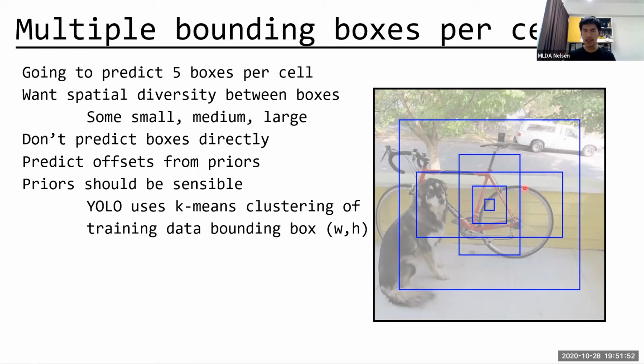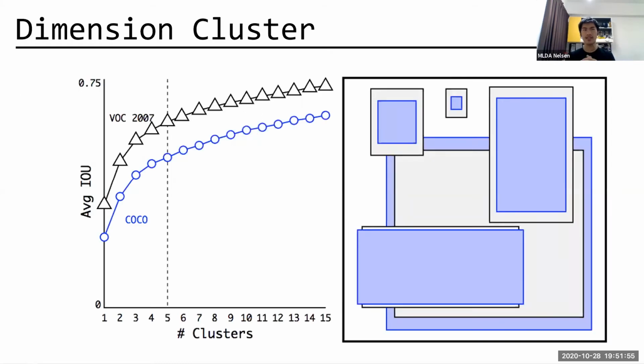And actually, this is what is called dimension cluster. In the paper, they apply this k-means clustering to all the images in the Pascal VOC dataset. They apply it one by one, and they can see which of them fit the whole dataset best, which 5 of them. The reason it's 5 is because when they do the clustering, they compare it with the average IOU, which is one of the scores for the bounding box. And what they get is that